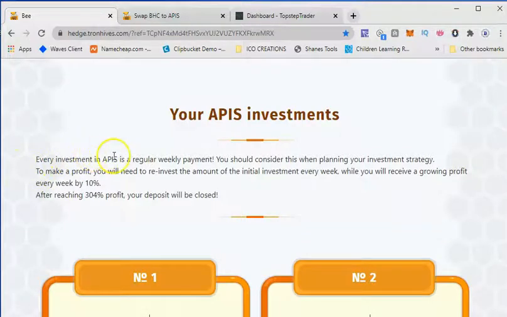It tells you every investment in Apis is a regular weekly payment. You should consider this when planning your investment strategy. To make a profit, you will need to reinvest the amount of the initial investment every week, while you will receive a growing profit every week by 10%. After reaching 304% profit